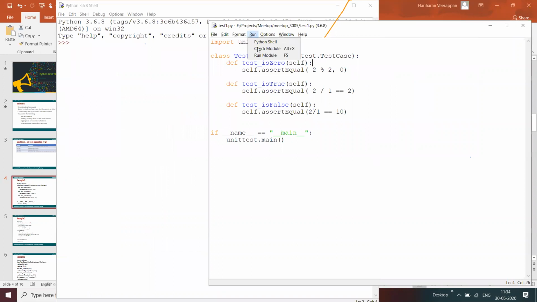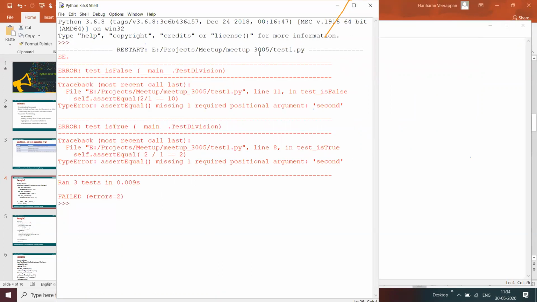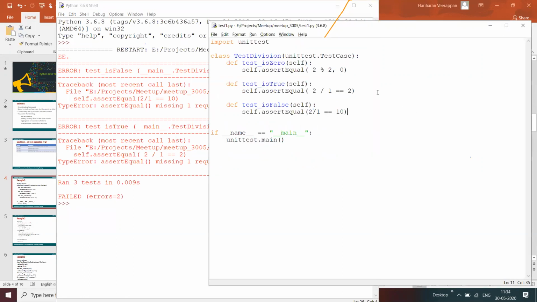For example, I'm going to run this test case. Missing second argument.